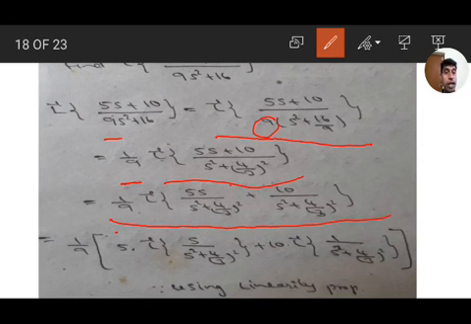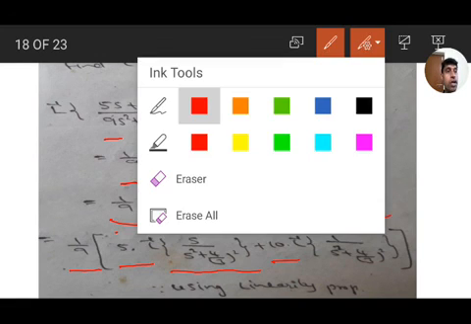So 1 by 9 is outside. Coefficient 5 is outside: L inverse of s by s square plus (4 by 3) whole square. Here 10 is the coefficient outside: L inverse of 1 by s square plus (4 by 3) whole square. By using the linearity property of the Laplace transform, because coefficients 5 and 10 are outside. Next, using formulas,